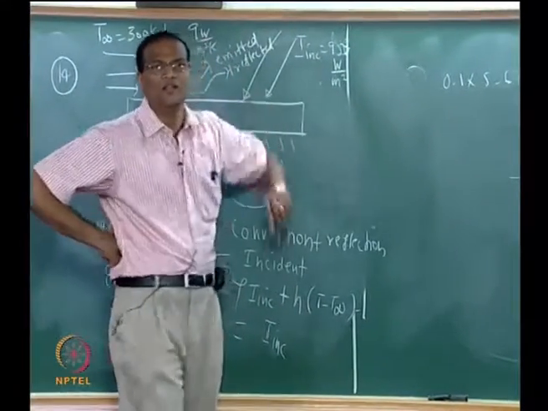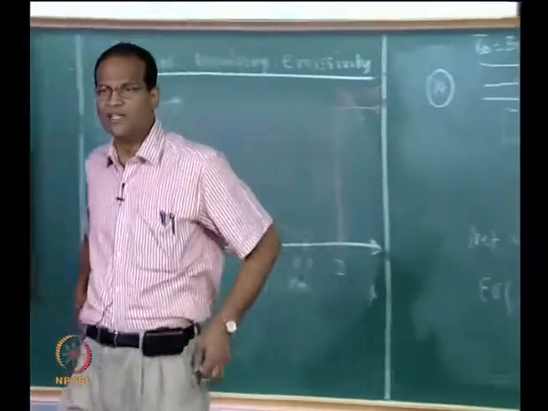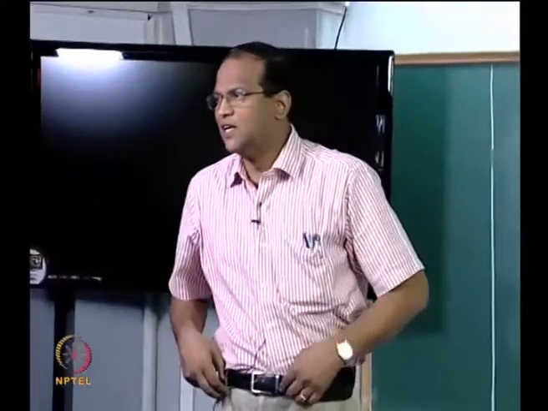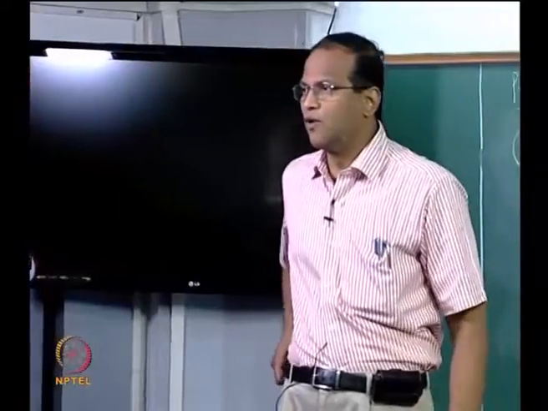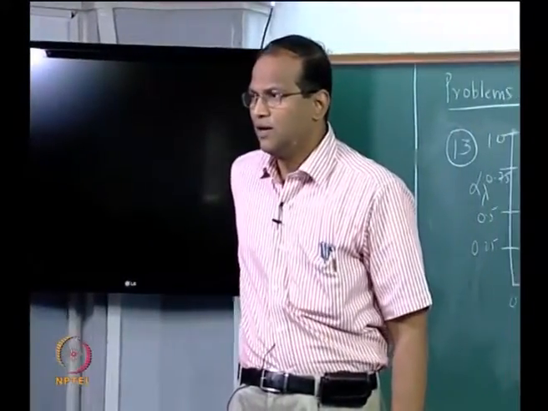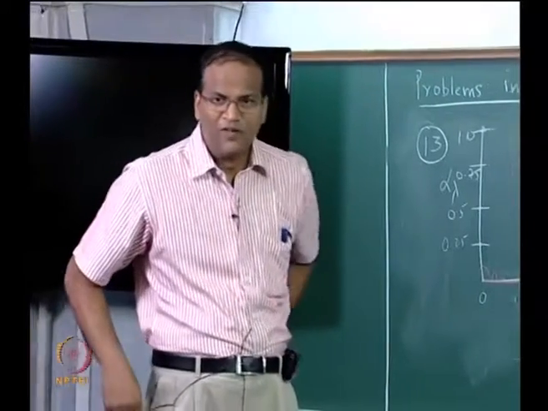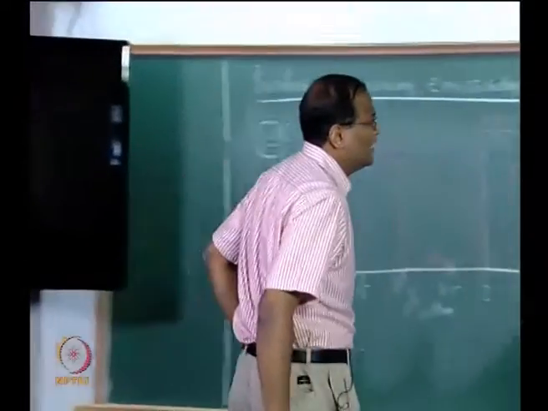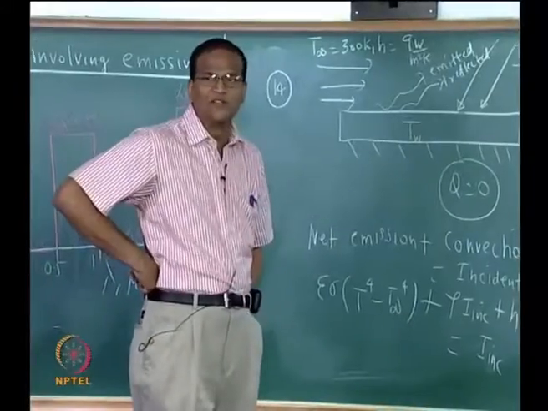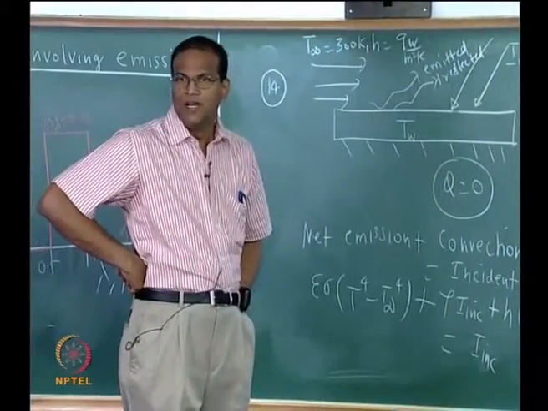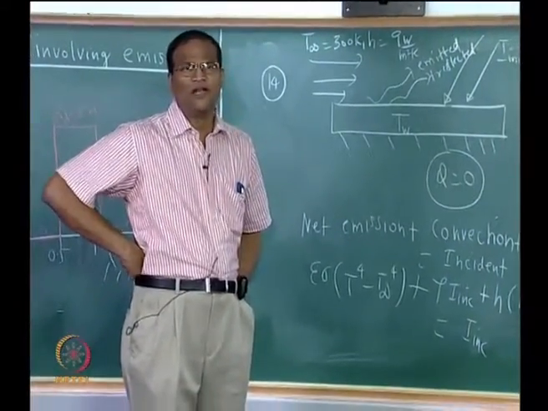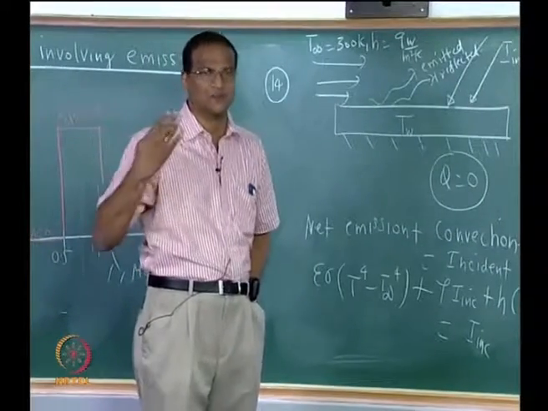This is a nonlinear equation which has to be solved only by iteration. It is called a transcendental equation because there is a T to the power of 4. You never thought it would lead to iteration. So it has to be solved by the Newton-Raphson method or the method of successive substitution. Let us say that we are going to solve it using the method of successive substitution.